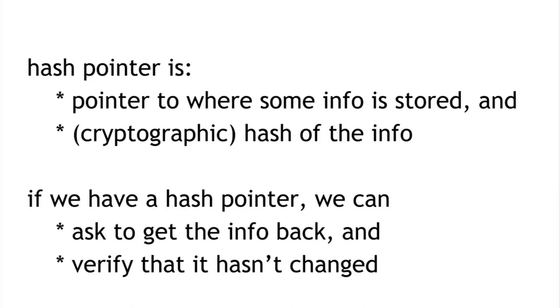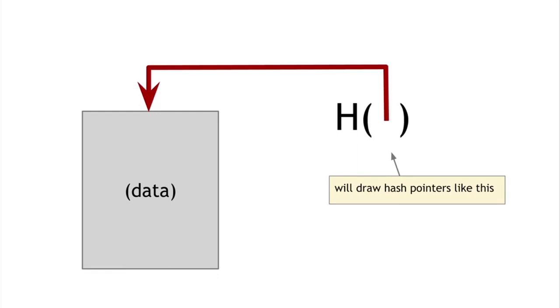Whereas a regular pointer gives you a way to retrieve the information, a hash pointer is going to let us ask to get the information back. And it's also going to let us verify that the information hasn't changed. So a hash pointer tells us where something is and what its value was. Okay, and we're going to draw a hash pointer in diagrams like this: we're going to have h of and then an arrow that points to something. So anything drawn like this, think of it as being a hash pointer to this thing. It's a pointer to where it's stored,